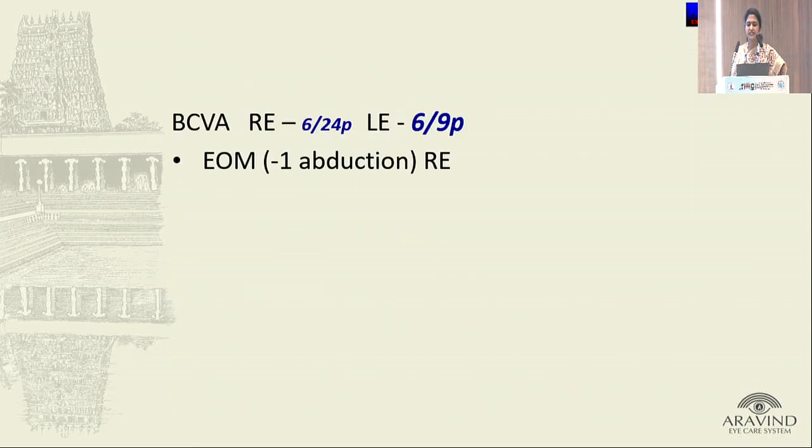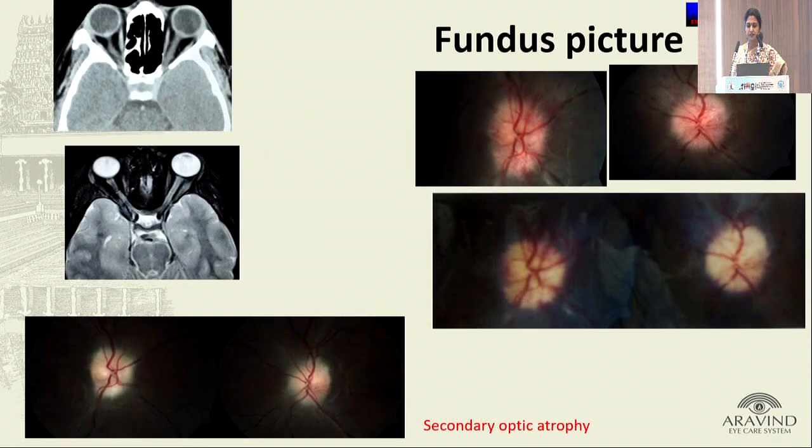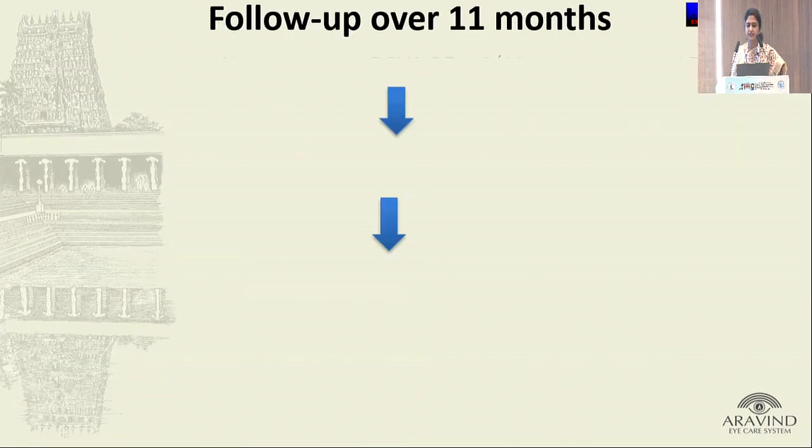Now, the vision in the right eye became 6/24 and the left eye was 6/9 partial, and the restriction was only -1 post-op day 1. Day 2, 6/18 improved to 6/18, and the left eye 6/9 partial. There was resolving disc edema in both eyes. Right eye showed a pallor, blood pressure came down, and this is the fundus picture. You can also see the edema is reduced post-operatively, but you can also see the secondary optic